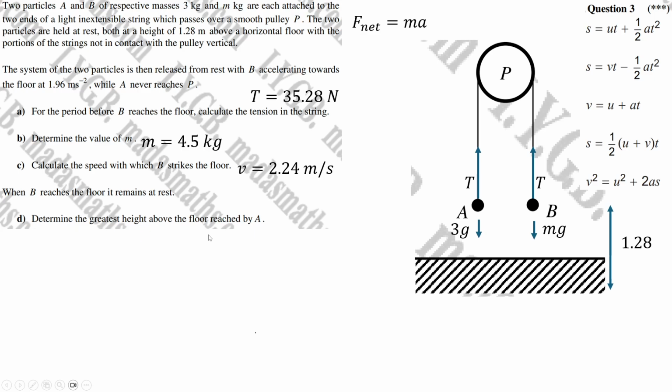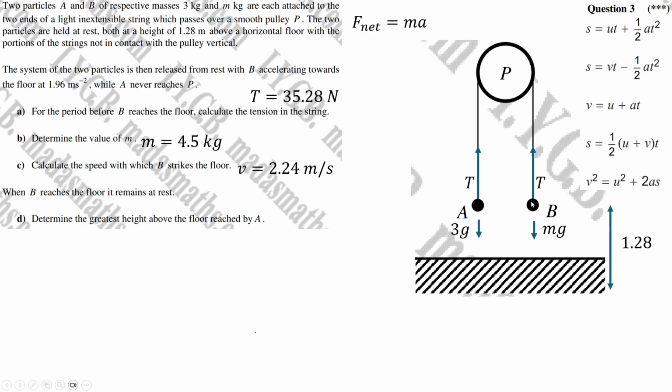Determine the greatest height above the floor reached by A. Sorry. This is what I was on about with the first question when I got confused. I thought I was actually doing this question instead of question 1. The thing here is, you might just say, well, if B goes down 1.28 meters, that must mean that A goes up 1.28 meters, and because A is already 1.28 meters above the floor, it'll go 1.28 plus the 1.28. So the answer is 2.56 meters, but that's not the full answer, because it says the greatest